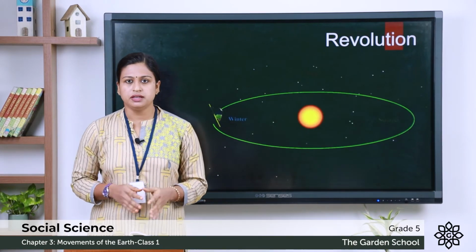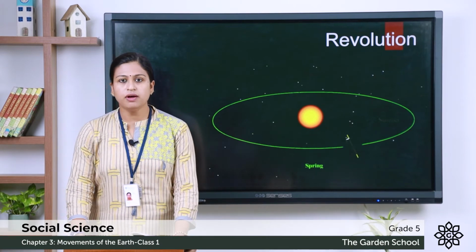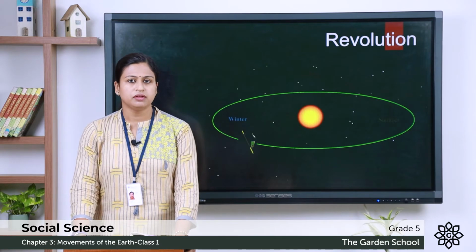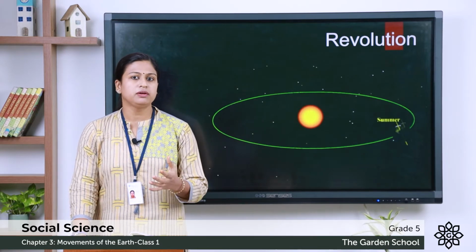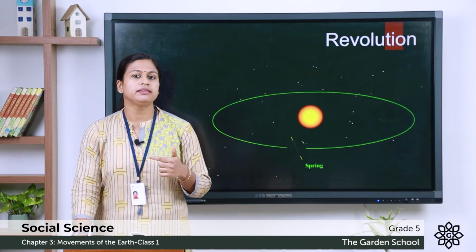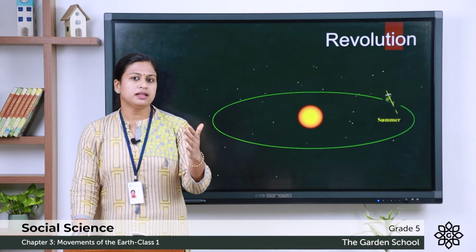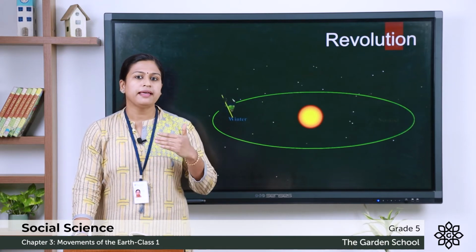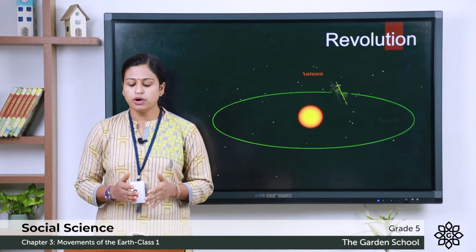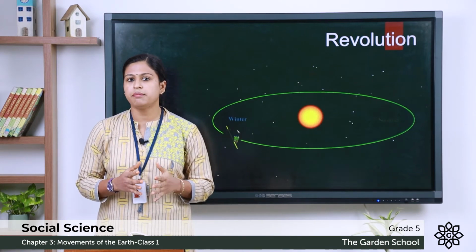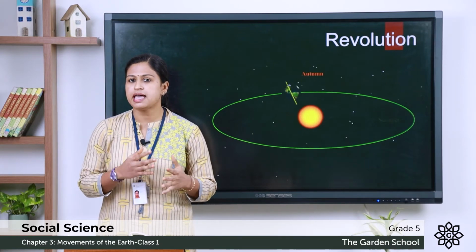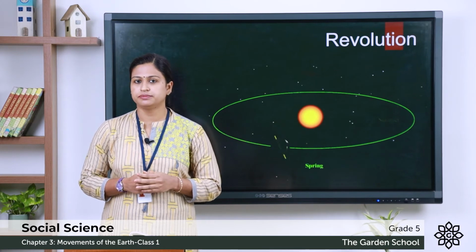Now there is an activity in Think It Over. You have to shine a torch on a globe in a dark room. You will see that some part of the globe is bright and the other part is dark. Now you have to rotate the globe. Now you will see the dark portion becomes bright and the brighter one becomes dark. The question is, what do you understand from this activity about the rotation of the earth? You have to write your observations and comments in your notebook.